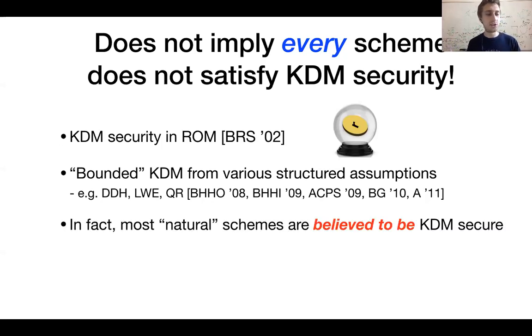And in general, most natural schemes seem like they should be KDM secure. They're at least believed to be KDM secure. The counterexample I gave you before seemed very targeted and contrived in breaking this specific circular security notion. So maybe we can just conjecture that if a scheme isn't constructed in this contrived way, then it should be some sort of KDM secure. And so this gives us hope. It turns out KDM security is very useful in a lot of settings, so let's just use it. And for now, we don't see any problems with many notions of KDM security.